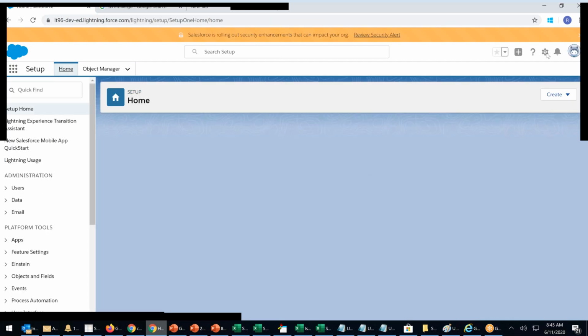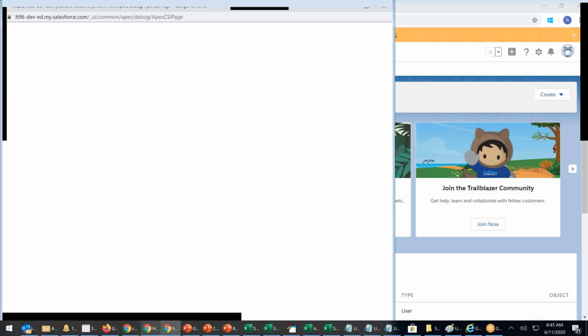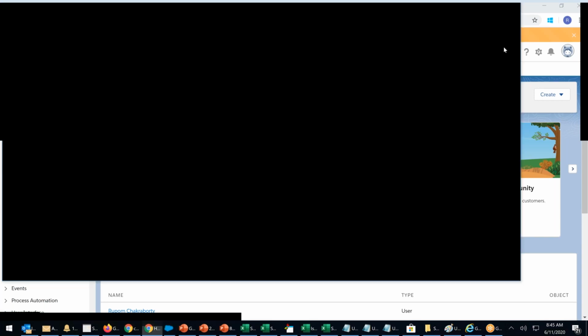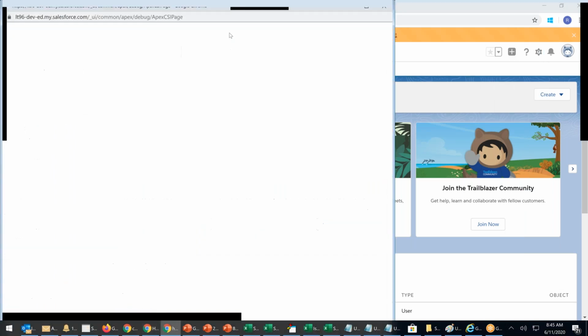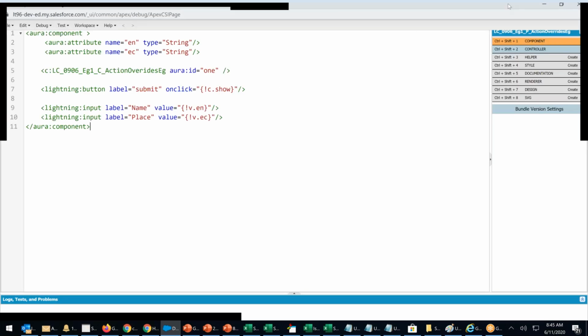Now I click on setup, click on developer console. It didn't load properly. Setup, developer console. I'm still not getting the tab names there.